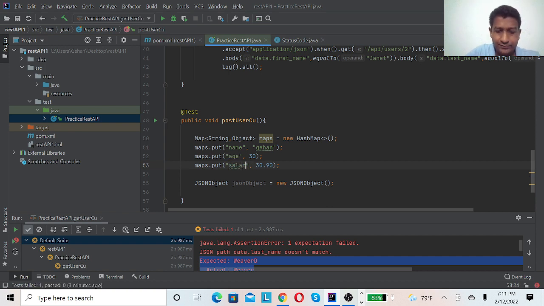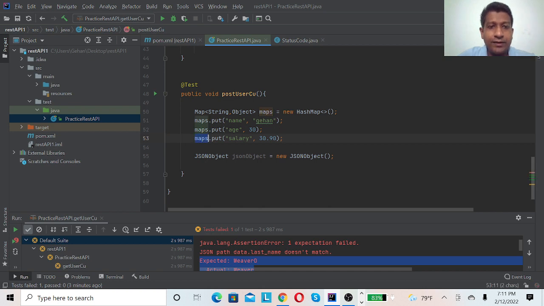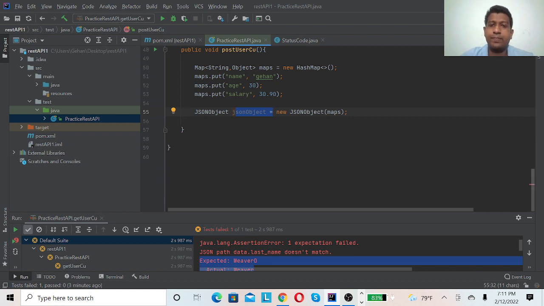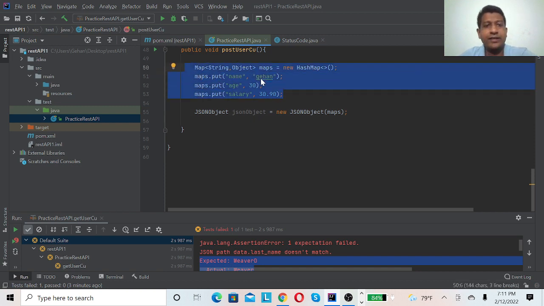So likewise, we can put a map, and we can pass this map into a JSON object. Once you create a JSON object, it automatically creates this map. There's also another way where we do not need to create a hash map.